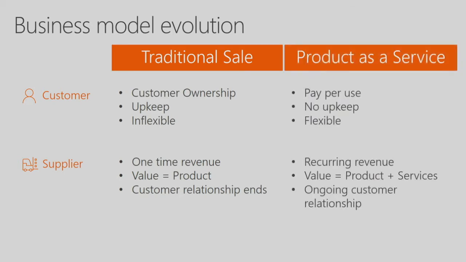What does product as a service mean? From a customer point of view, it might mean that they pay per use. They pay dependent on the time they keep the equipment, whatever they use. In a real product as a service model, they do not have to take care about the maintenance or any repairs. This is covered by the manufacturer, by the supplier. And for sure, for a customer, it looks way more flexible because if they don't need it, they can step out of the contract. They might be able to change equipment, whatever they need.